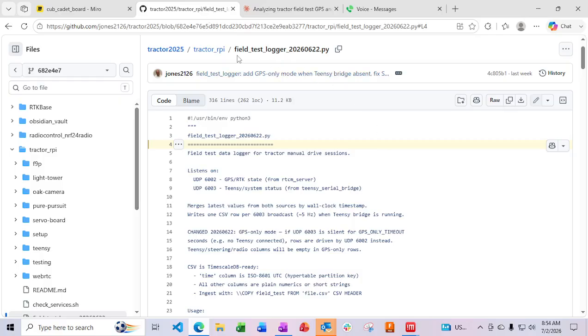And then I have a logger program. This Python program is going to take both of those UDP ports as input, and it's going to output them into a CSV table at 5 Hertz. And then